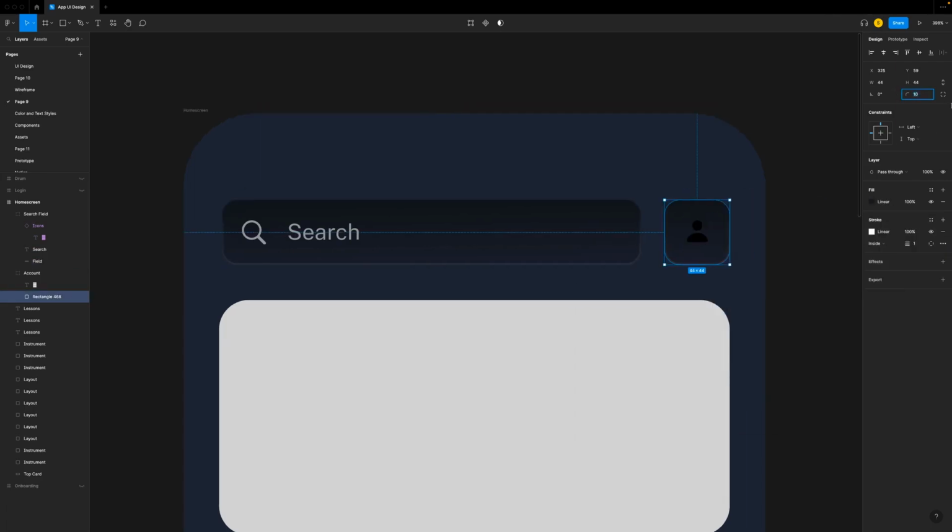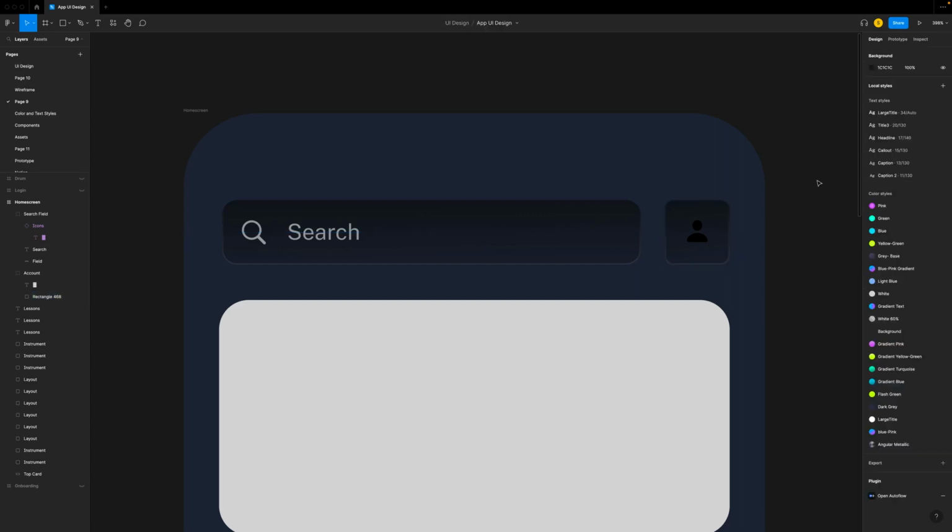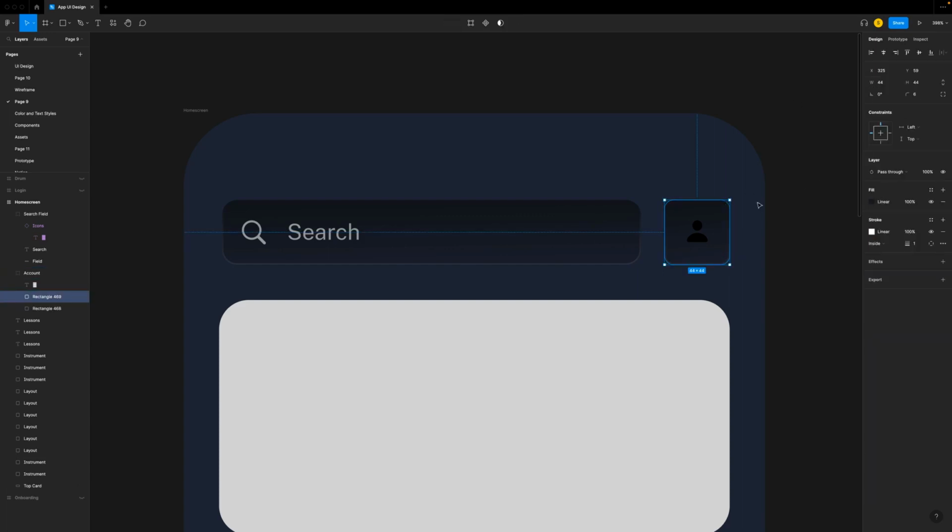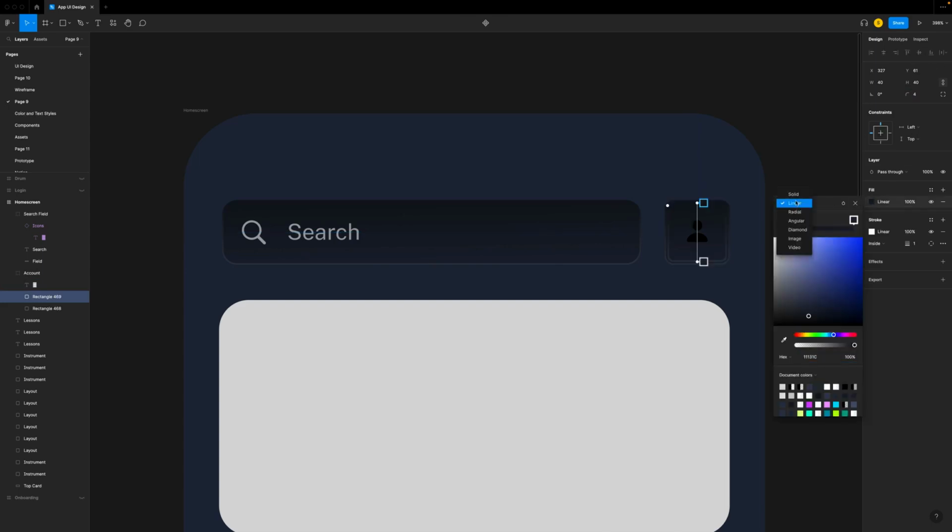Set the corner radius to 6. Duplicate the rectangle. Change the size to 40 by 40. Align in the center and set 4 in the corner radius. Fill it with the color